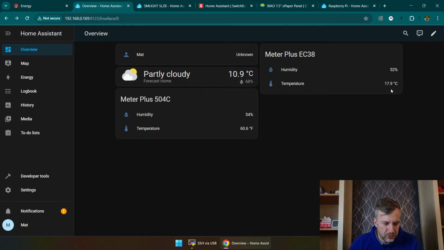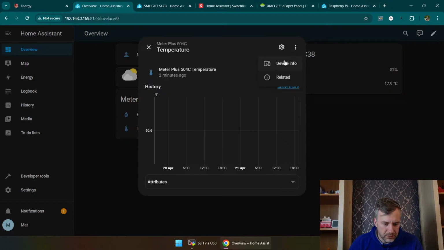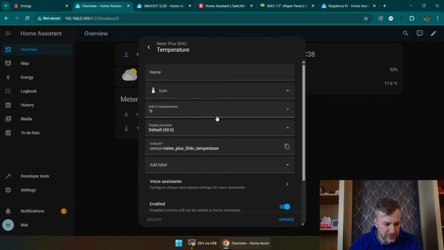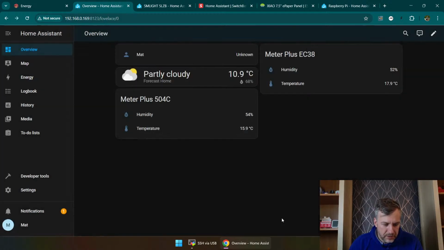I would have to find them. This is not showing in Celsius. Let's get normal units as well. I know they exist somewhere. I would have to go and try to find them. 15.9, so this is the downstairs one. 18 degrees, this is likely to be kitchen or upstairs, considering what they show. I'd like to get the Pro one, but I think I will be able to add this through